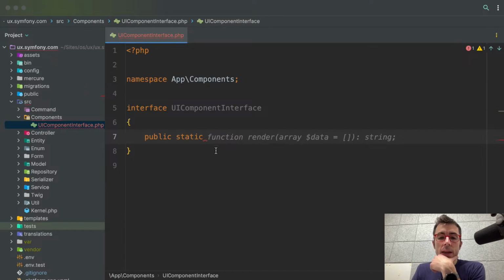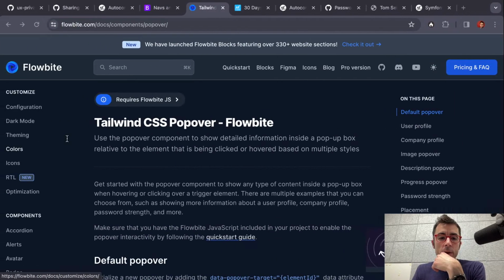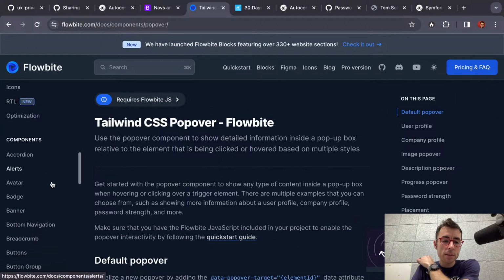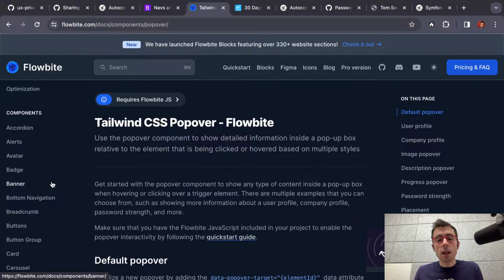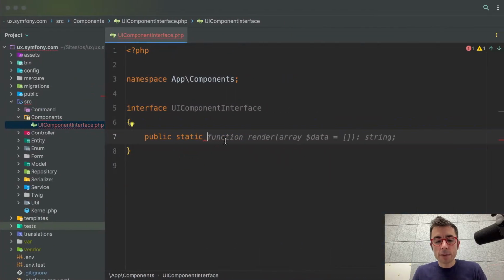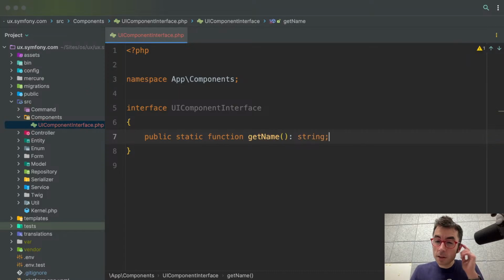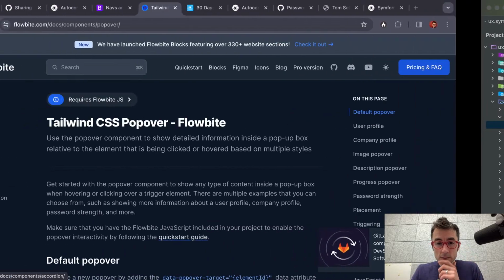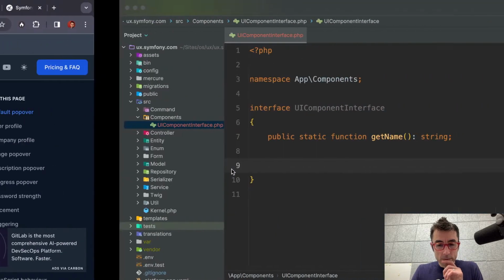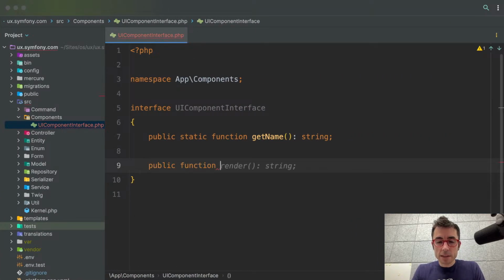I'm thinking we create an interface, and every individual component will implement that interface and tell us information about it. Then we can loop over all of those components in our site and figure out the list. So I'm going to create a public static function called maybe getName. This doesn't need to be perfect. I don't know, I'm making this up as I go. And a public function called maybe